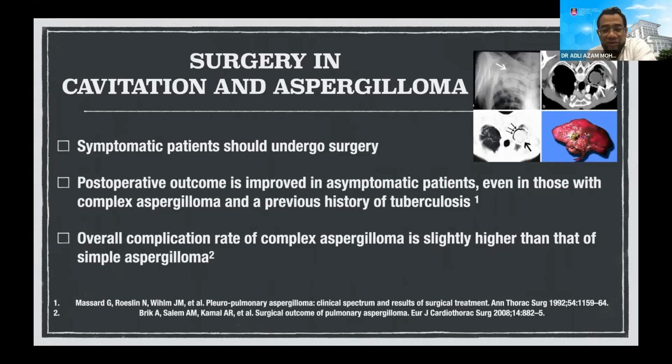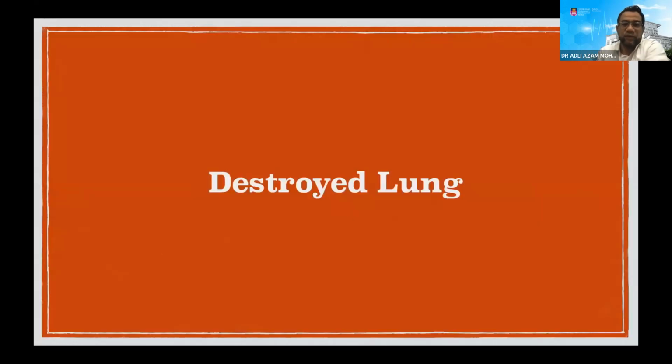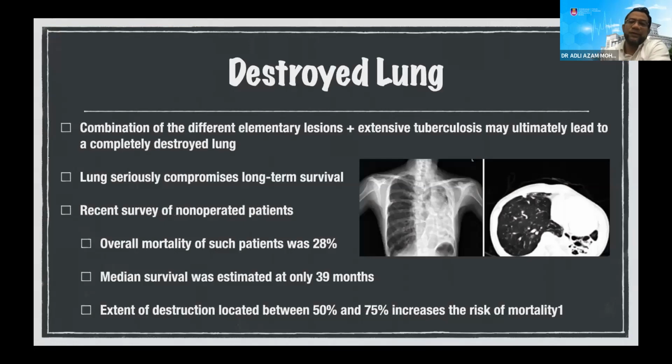I think there are parameters and criteria that we are happy to go in when the patient is asymptomatic and has a good preoperative profile. The overall complication rate of complex aspergilloma is slightly higher than that of a simple aspergilloma. Another condition in TB is destroyed lung. This is a combination of different elementary lesions and also extensive tuberculosis, which may ultimately lead to a completely destroyed